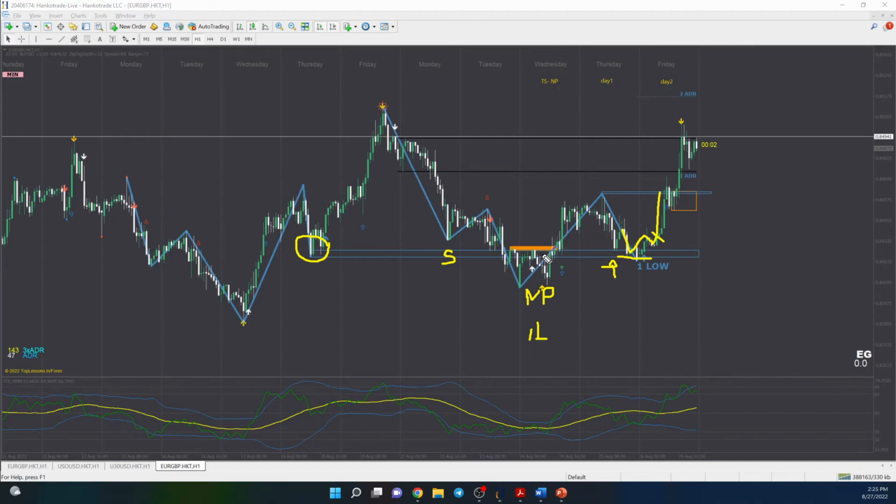You can do it here. This is an early one, and because this is like a retest, right? I think you should just go ahead and do it right here. You don't really need to wait for this one up here to break before you go in. But if you want to, you can use this as where you're going to add to the order. You can definitely add up here, and then guess where you're going to take profits at? Right up here where you have equal highs. Okay, that's where you're going to take profits, and you're going to be done with that for the day, because